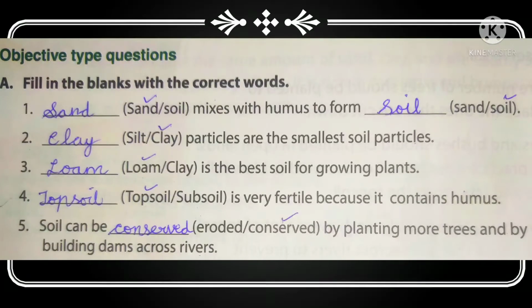Topsoil, subsoil. Answer is topsoil. Fifth, soil can be dashed by planting more trees and by building dams across rivers. Eroded, conserved. Answer is conserved.